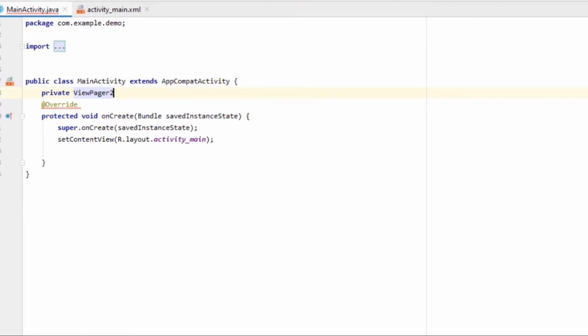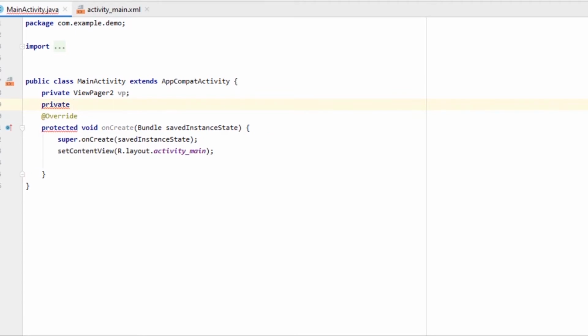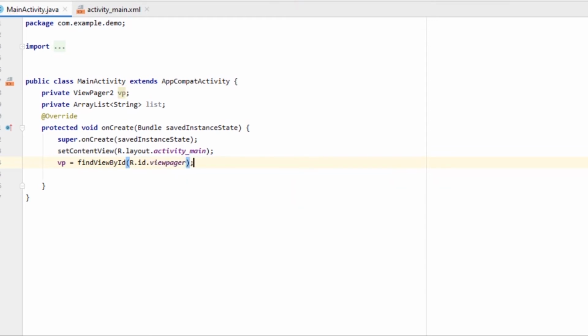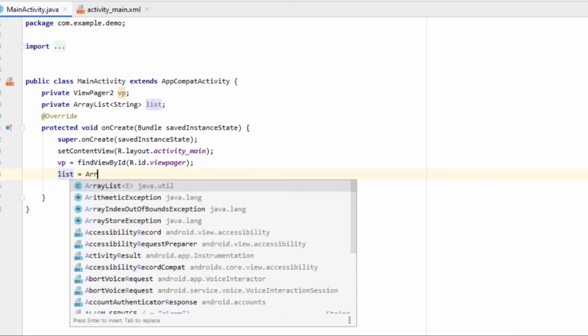So private ViewPager2 vp, and I'm also going to take an ArrayList of type String, and I'm going to name it list. So let's initialize both of these. vp equals findViewById, R.id.viewPager, and list equals